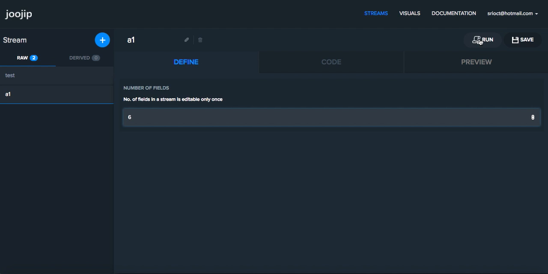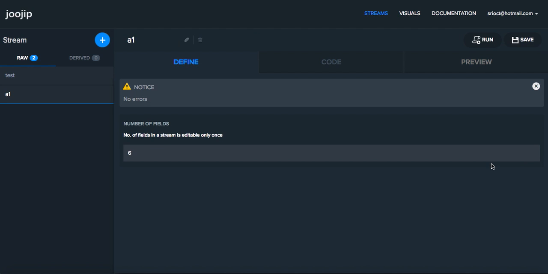This is almost like a syntax checker in the backend. You get a notice saying that there are no errors, so you can leave it as is, and then you go ahead and save. So now it's saved without any errors. Now I have created a raw stream called A1, which essentially corresponds to the delivery1.csv file